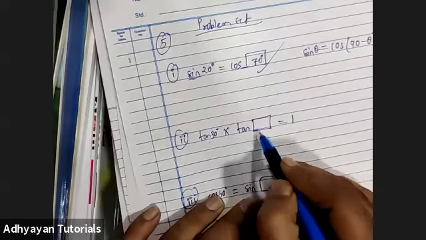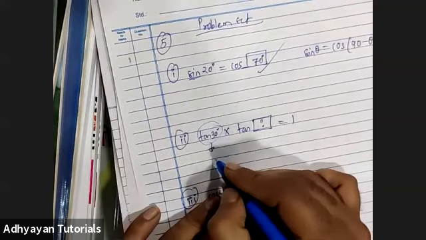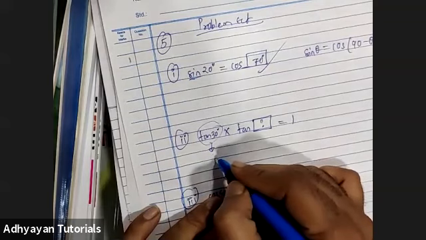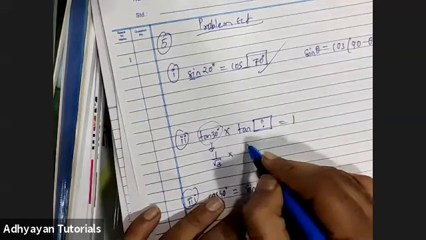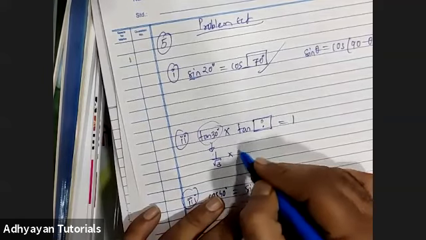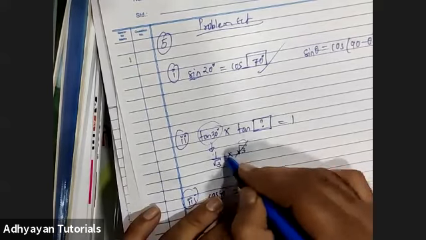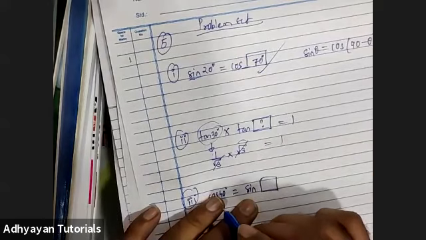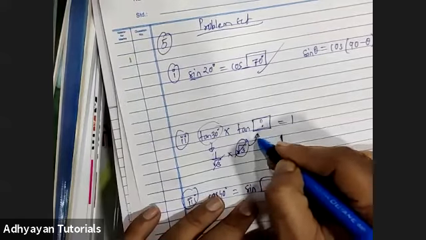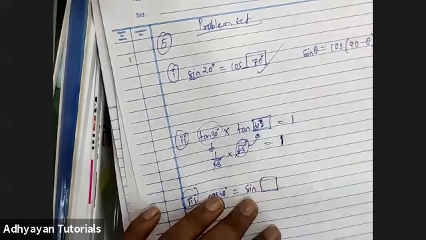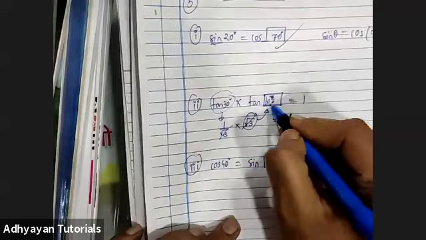Now here tan 30 into tan of what angle will give me the answer 1. So पहले tan 30 का value table में से निकालना पड़ेगा. Tan 30 का value I believe is either √3 or 1 upon √3. I guess it is 1 upon √3. Then हमको ऐसा कौन सा value है टेबल में से, tan का कौन सा एंगल का value है जो कि यहाँ पे सब्स्टिट्यूट करने पे आंसर 1 आएगा. The answer is √3, right? तभी जाके √3 कैंसिल होके आंसर 1 आएगा. तो in order to get it as 1, ये √3 आना चाहिए, और ये √3 आने के लिए this has to be 60 degree, because tan of 60 is √3. I hope everybody has understood it. So this has to be 60 degree.